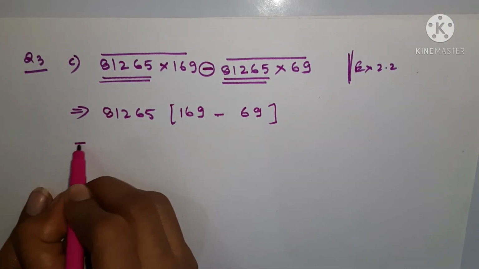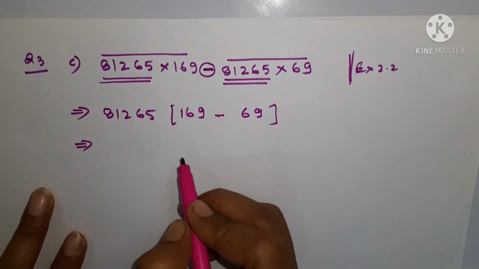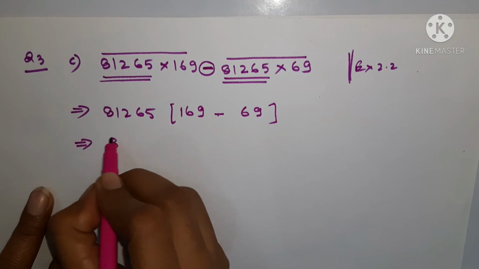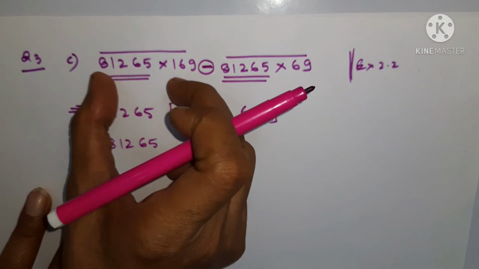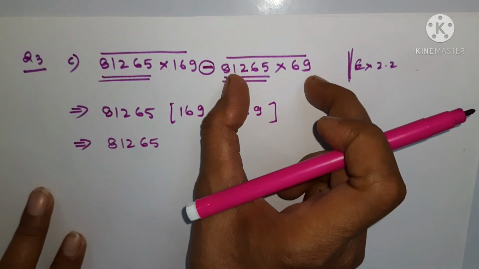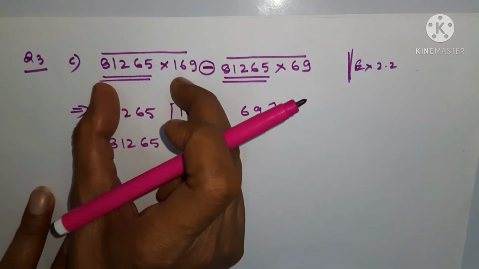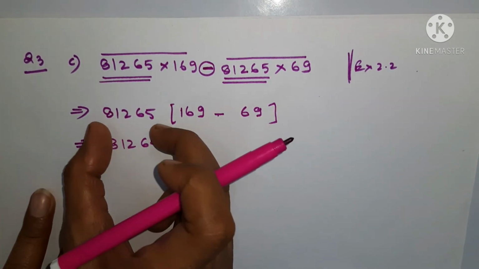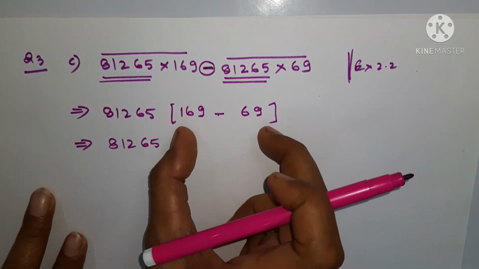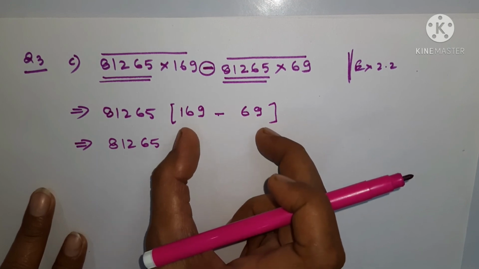Now it will be easier for you to see what we have done here. We have simply taken out the common out of the two groups. We have identified the two groups. पहले तो हमने आइडेंटिफाई किया, दो ग्रुप्स को पहले आइडेंटिफाई करना है, फिर उसमें से कॉमन निकालना है, और जो बचेगा उसे हमें ब्रैकेट के अंदर डाल देना है, लिख देना है.